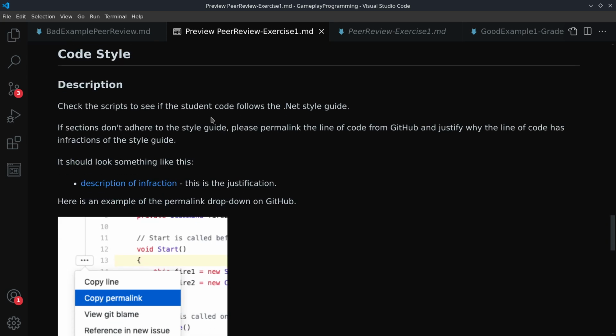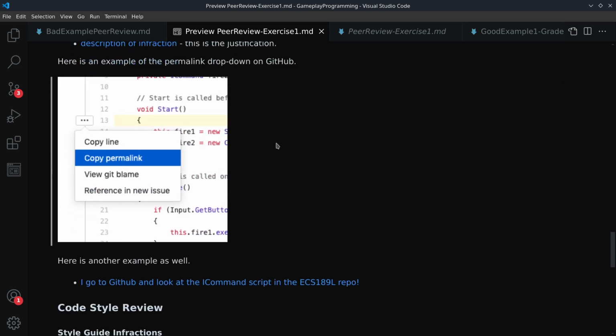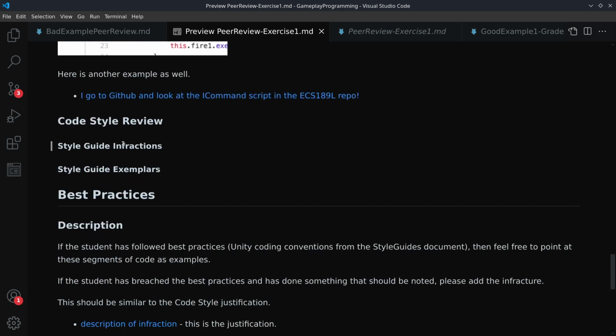All right, so our code style section. What we're looking for is seeing how well the student's code matched the code style, right? We've gone over the style guides. We've gone over how to write good Godot code. So this is you practicing that. You're reflecting those style guides. You're applying what you know about the style guides to someone else's code. And what I want you to do is give,